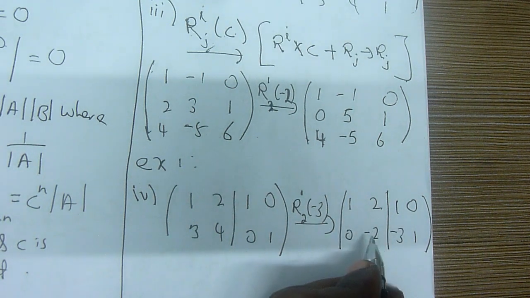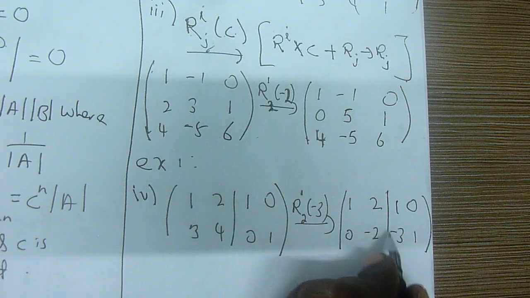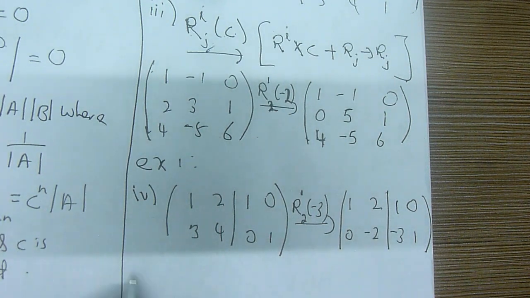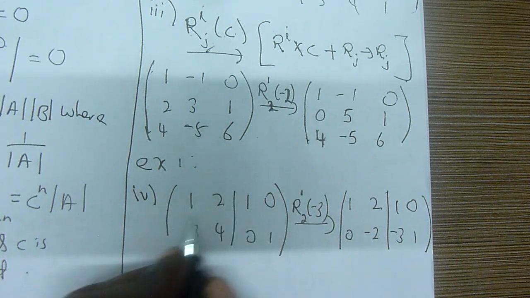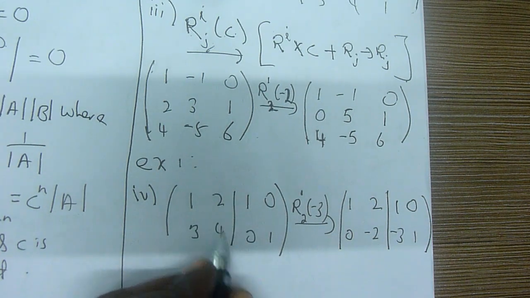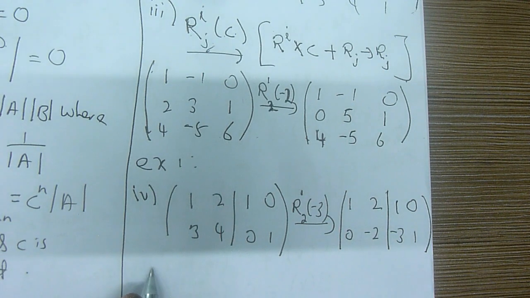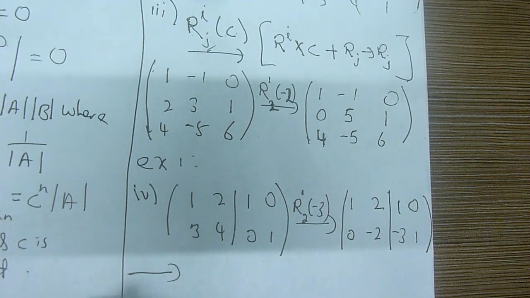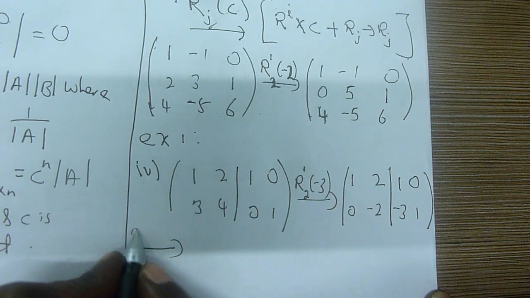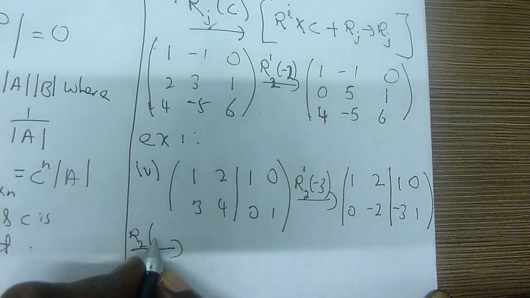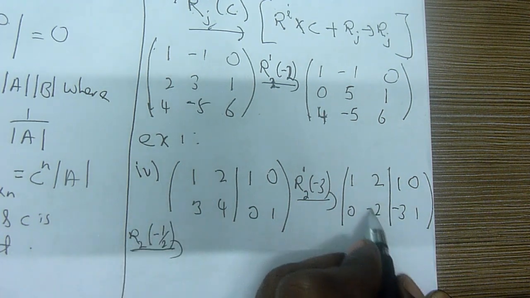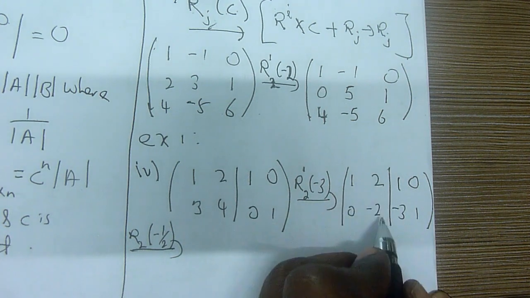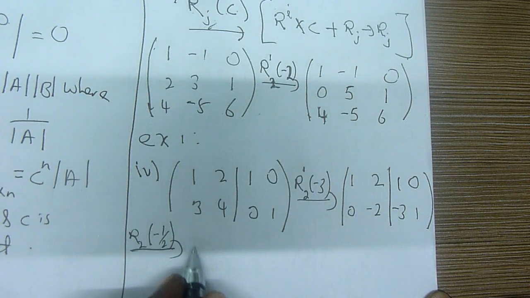Okay, we have done the first portion. Now we're going to change this portion. I'm going to divide this one. I'll teach you why. What am I doing here? Because I want to make this side 1 0, 0 1. I want to bring everything to this side. Therefore, what I'm doing in this case is R2 to negative half. I'm making this a 1. The purpose is 1 1, then later I just make this 0. Finish. That's what I'm going to do.